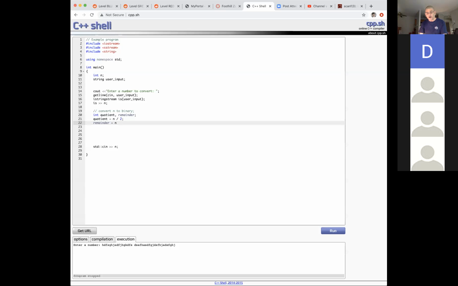Right. So this is called the modulo operator. Yes, thank you, Momo. If I use that, it means divide and give me the remainder. Okay, so now I've got the quotient, I've got the remainder. Now I don't care about the quotient because I'm going to use the quotient one more time, but I want the remainder, so I'm going to say cout